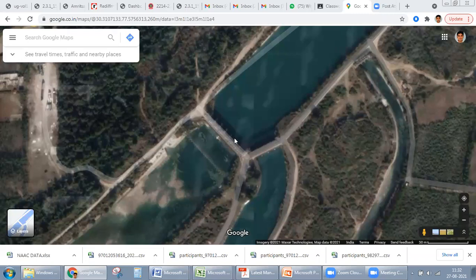Okay, discussing it back. So this is a regulator which is provided across this canal so as to stop this water on the upstream side. Water level is increased and this is diverted into this off-taking channel. So here also we are providing a regulator. So you can see these some piers over here.